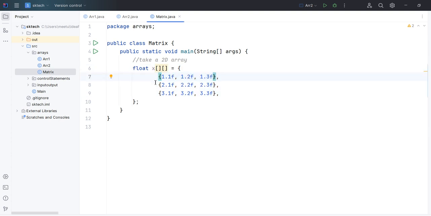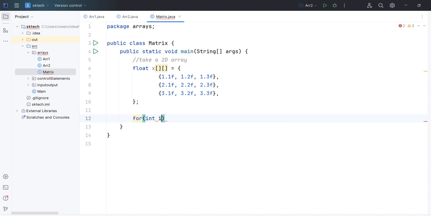At the time of creating the array, we are providing the values. In case of a 1D array, we have used one loop to get the data. But in case of a 2D array, we have to use a loop inside a loop, because one row will contain a number of columns, right? So let's first write one loop, the outer loop, that will denote the row.